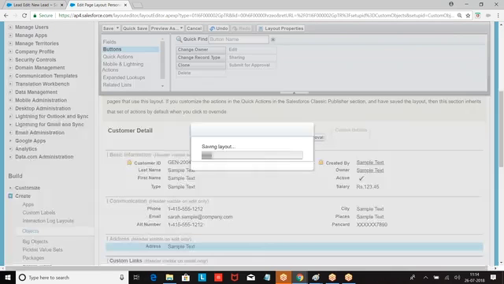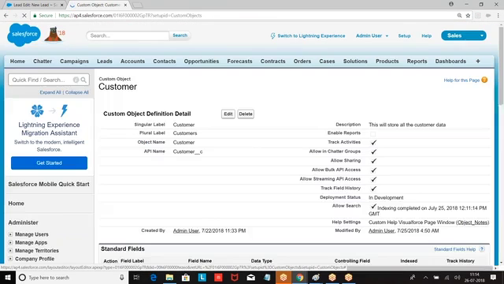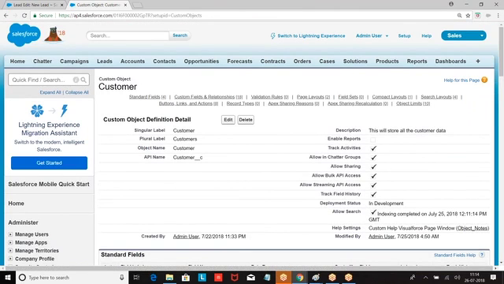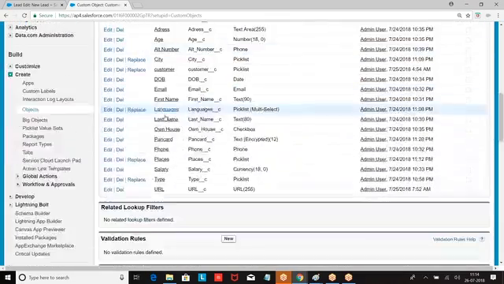Right? Save it. Now, this is also why we are learning, because when you create a field using schema builder, fields are not getting displayed on the UI. Then I want to add those fields on the UI. That is the reason we started with the page layout. That is the reason I am creating a page layout, organizing the fields and showing it. Right. This is how I created a page layout.